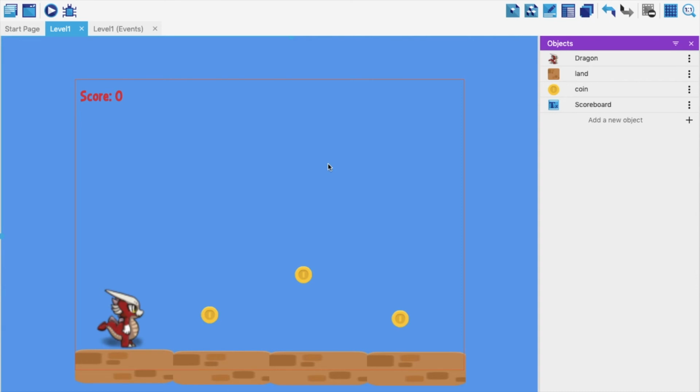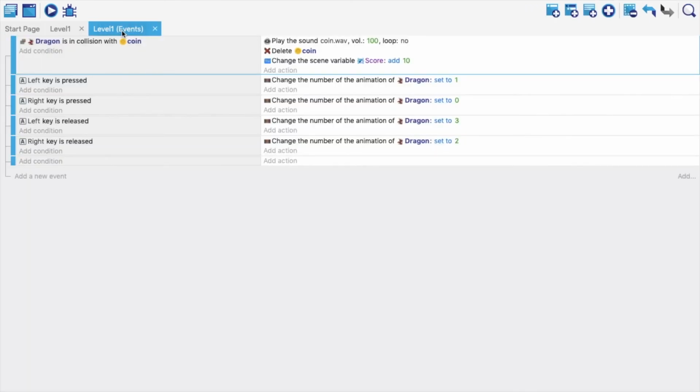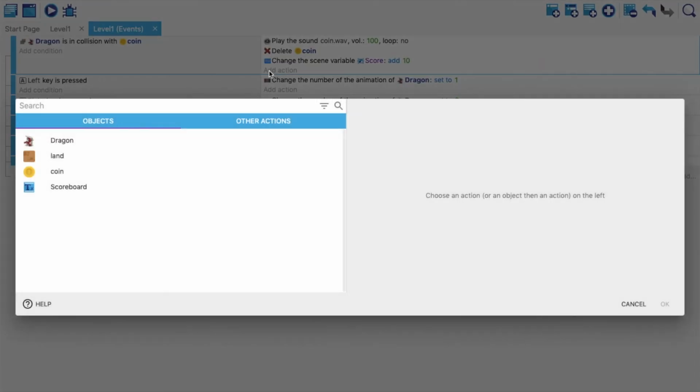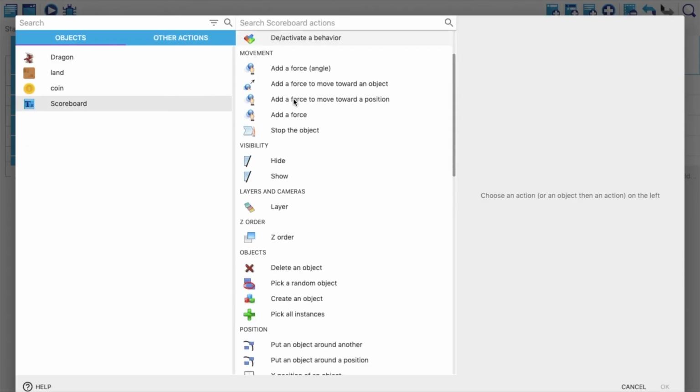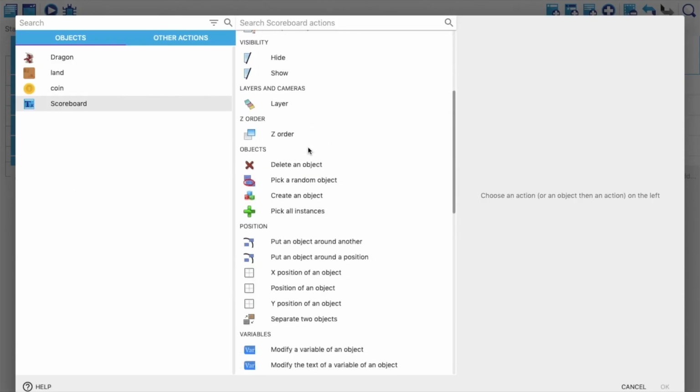So for doing that, we need to go and add another action, okay, which will allow the score to be seen. Till now, we are simply adding the score. So what am I modifying? I'm going to modify the text of this. So I'll go to scoreboard and I will check which option I can use over here.